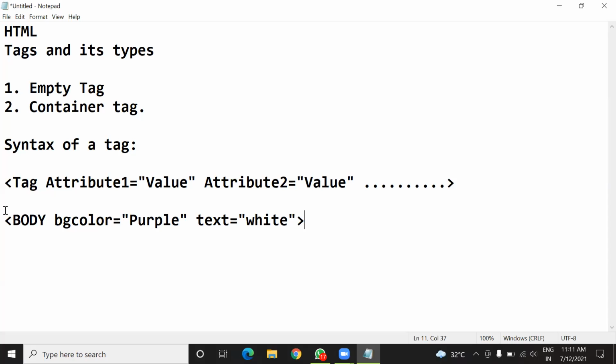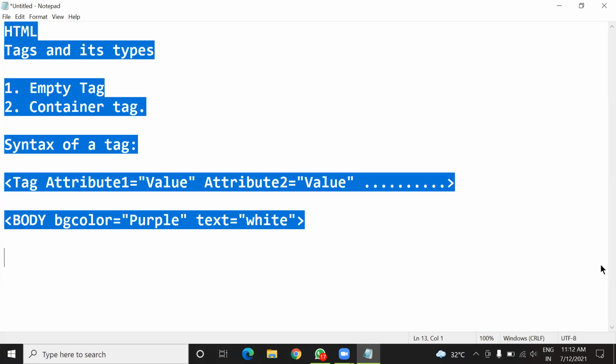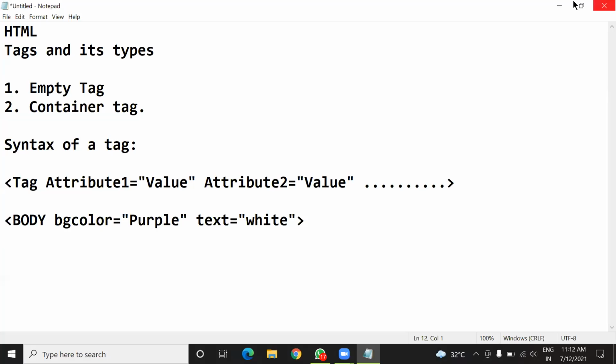Now I'm going to create one of the simplest HTML documents. With that HTML document, you will come to know what are the necessary tags, you can say, that you have to use, and what are their tasks in the document. Okay, so let us erase all this, or I'm going to use.